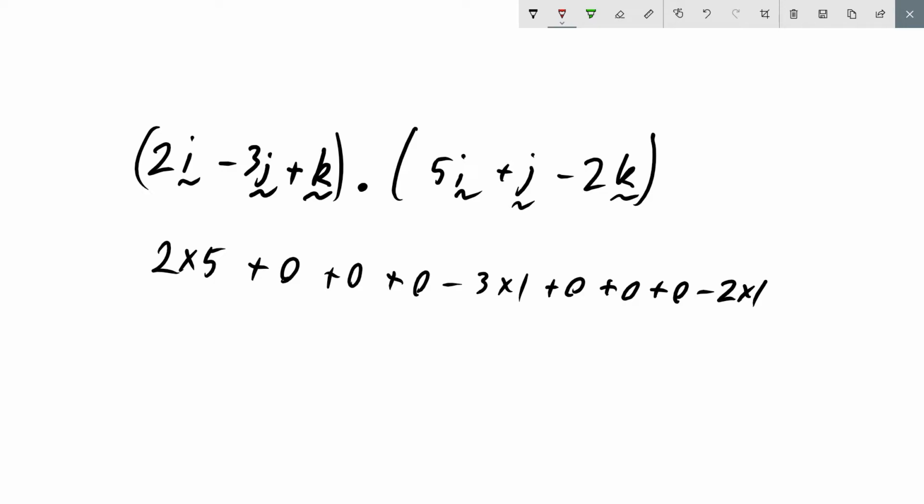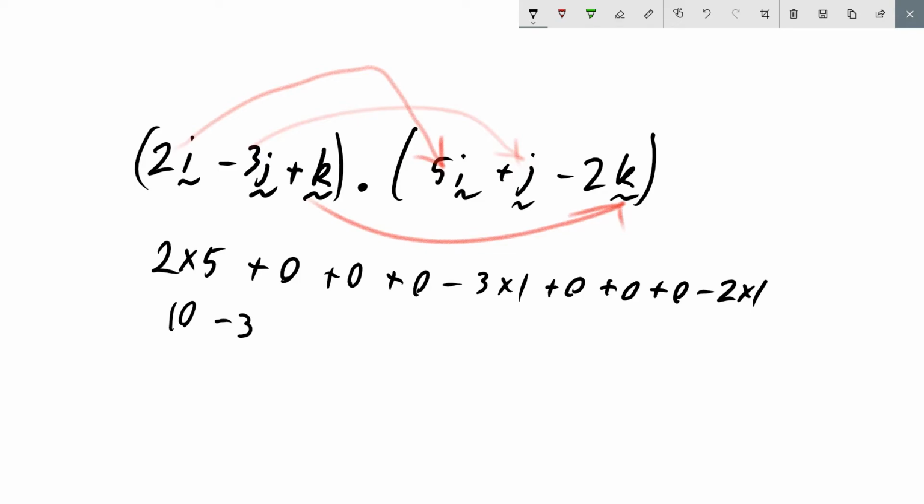And if you noticed, only the k's dotted each other, only the j's dotted each other, and only the i's dotted each other. So you can simplify this by just timesing the coefficients of the i's, then the j's, and then the k's, and just sum it all together. So 2 times 5, that's 10. Minus 3, minus 2. That'll become 5. So now we have this number,